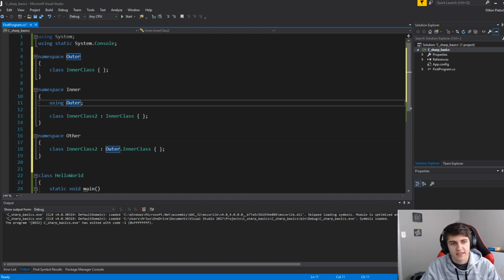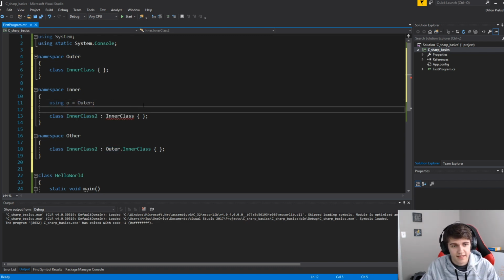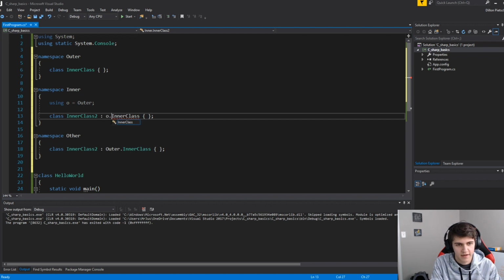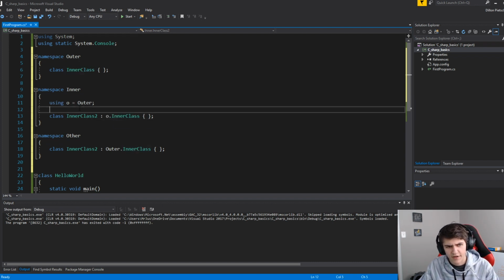And we can actually assign aliases or different names to namespaces, which is pretty cool. So if I just want to have this as O, I can say O equals outer. But when you do use these aliases, you have to actually specify where this is coming from. Now, you don't really want to use aliases all that often. It looks like it's only for name conflicts. So that way, when you're importing different things, the names don't conflict. This is basically the reason that you use it,